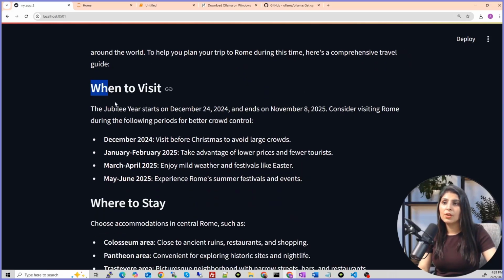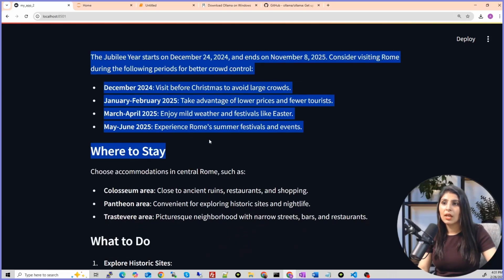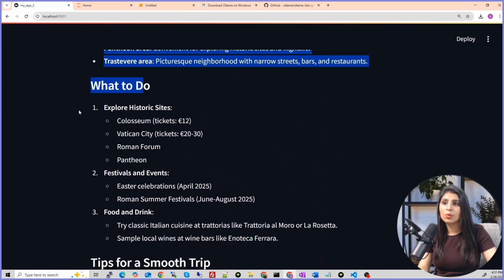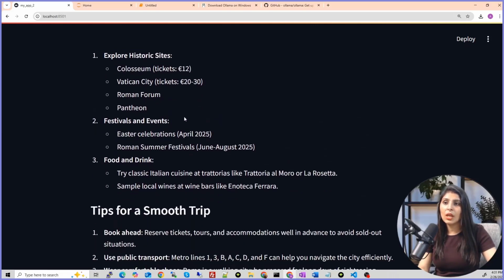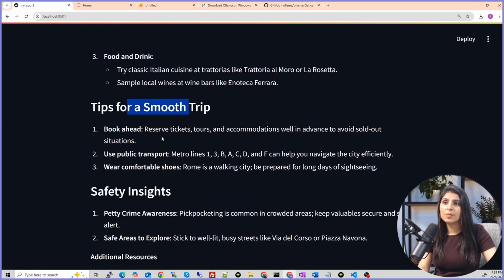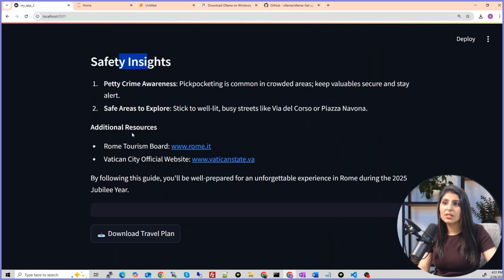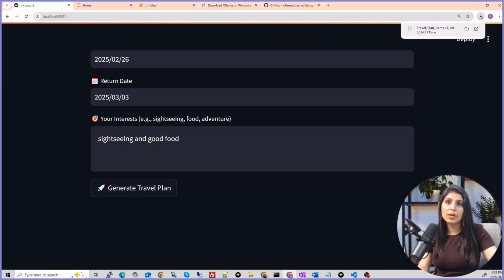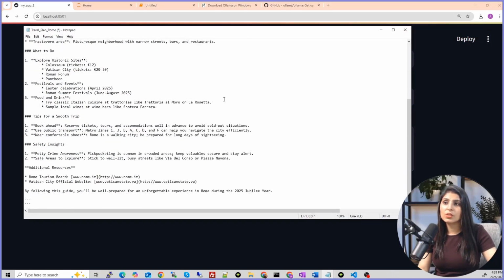See, when to visit, and then where to stay, then what to do. These are the different activities. Then tips for a smooth trip, safety insight, additional resources. And if you want to download it, click on this download, and here you can see all those details.